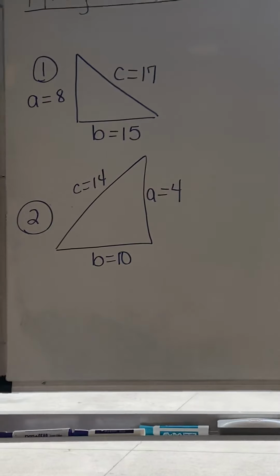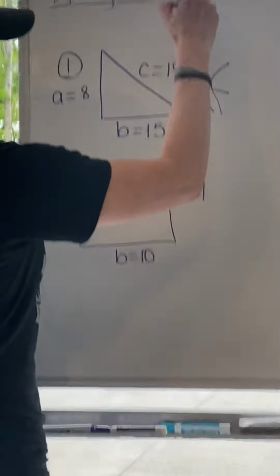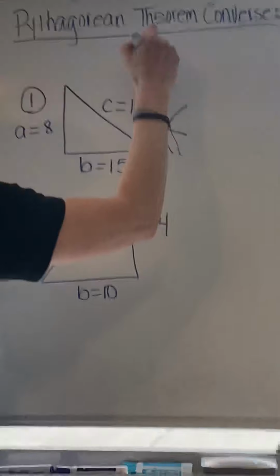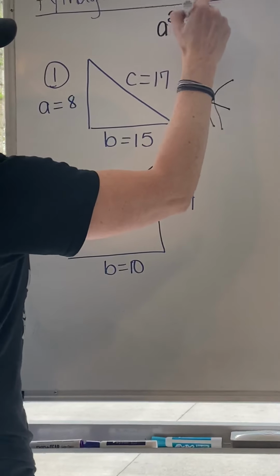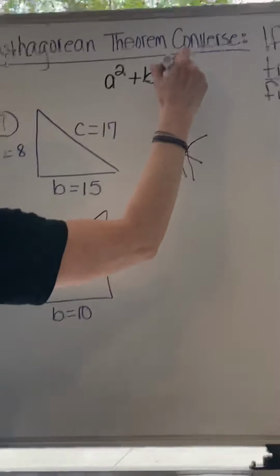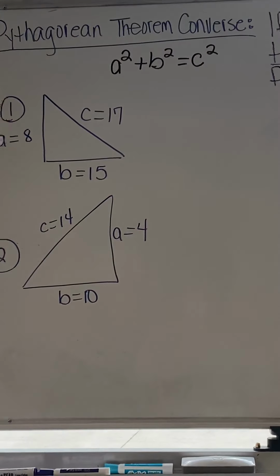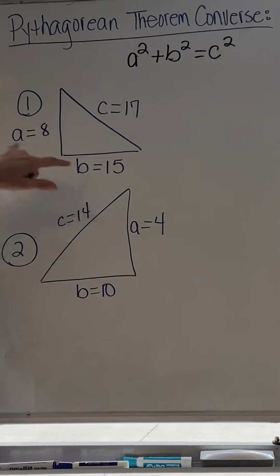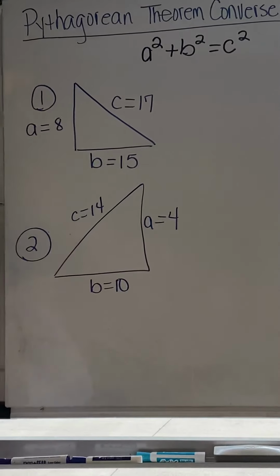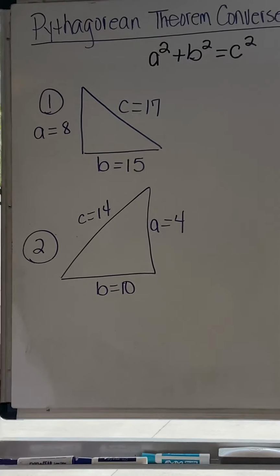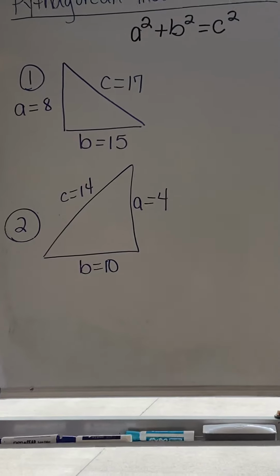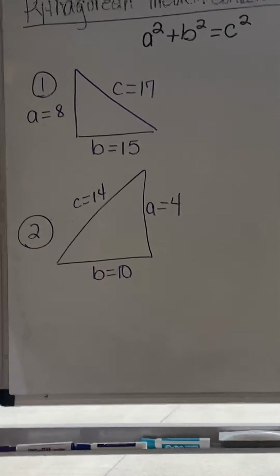So for number one, I'm only going to write the formula one time. I'm going to write the formula up here. Pythagorean theorem is a squared plus b squared equals c squared. That just means that you square a, you square b, and when you add them together, it should equal the square of c. In the previous lesson, we used the Pythagorean theorem to solve for a missing